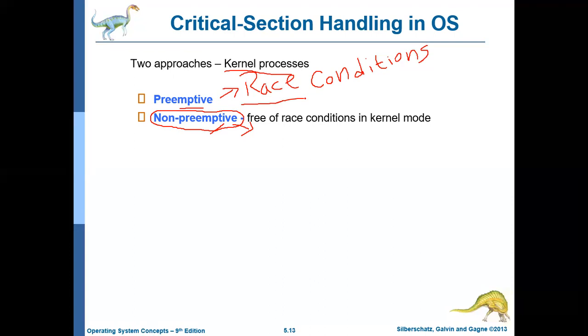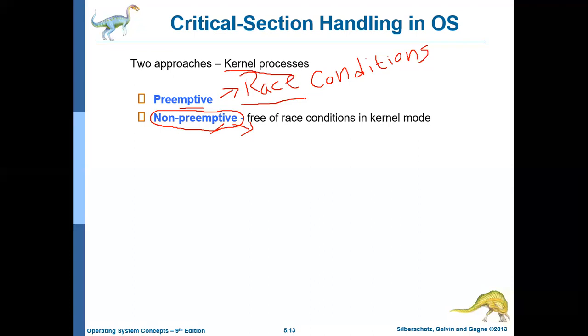And the part of the code which may create data inconsistency is called the critical section. To avoid data inconsistency, the operating system should ensure that no two processes are running their critical sections at the same time. That is, if one process is executing its critical section, then another process should not be allowed to enter the critical section. This concept is called mutual exclusion. That is, if process Pi is in its critical section, then all other processes should wait. They should not enter into the critical section. So this condition is called mutual exclusion.